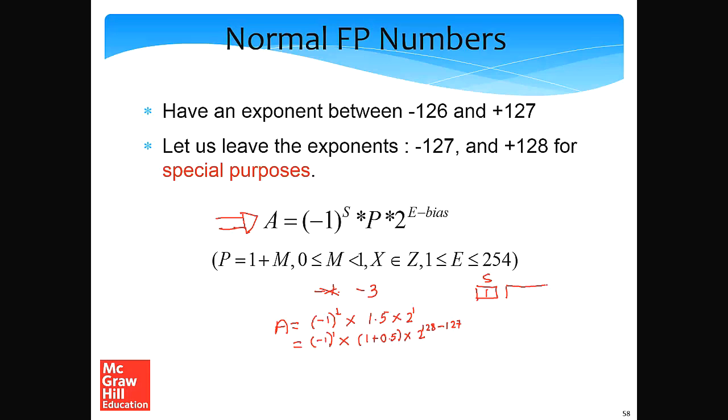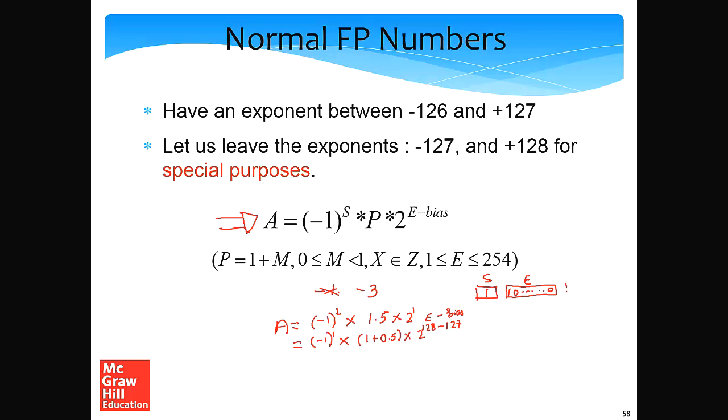The exponent, right, the E field will actually be equal to plus 128 because we are subtracting the bias, minus 127, to get 1. So this is E minus bias, right, where 127 is the bias. So E is plus 128. So let us have the binary representation of 128, and the binary representation of that would essentially be 1 and 7 zeros.